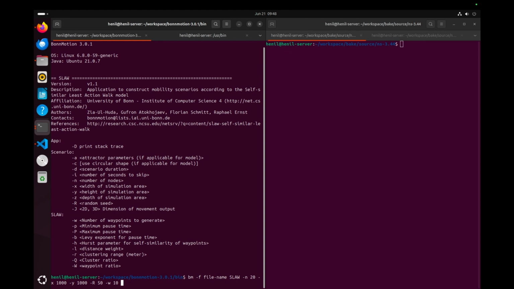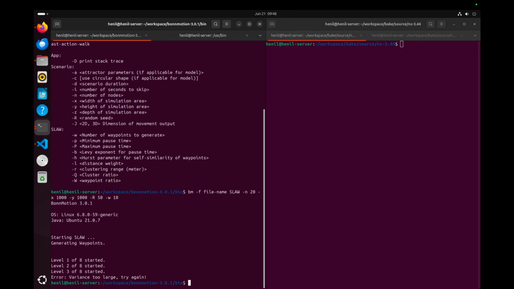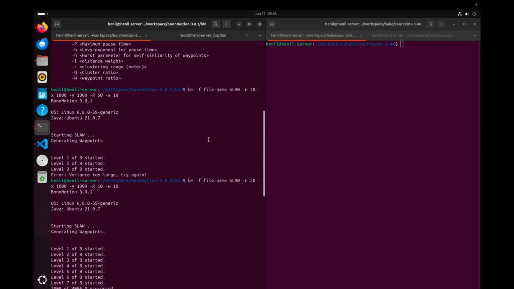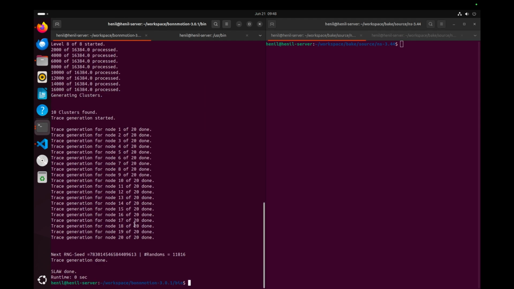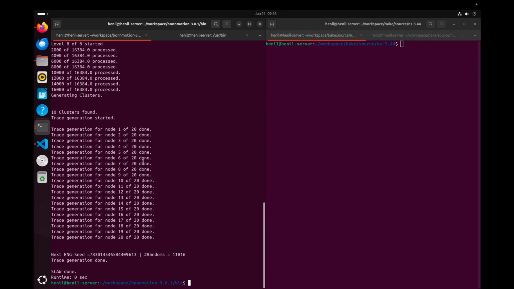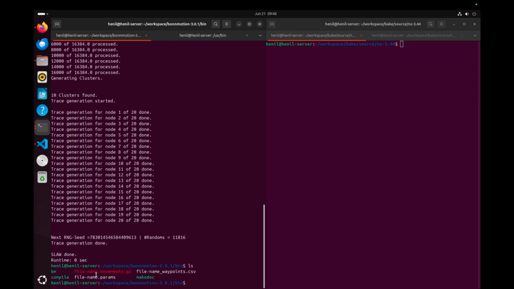Now we can give this command. Okay, so what happened was the random seed is too large, so that's why we had an error, something called variance too large, try again. But if you keep the random seed somewhat low, then the trace file will be generated successfully. Now if you hit the ls command, you will have this file name